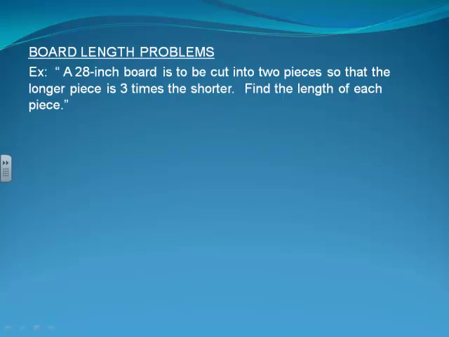All right, so there's 2 things you're trying to find, the length of the short piece and the length of the long piece. But you have to let your x represent just one of those 2 to start with, because it can't represent both of them. So notice that when you read the problem, they talk about the longer piece in terms of the shorter piece. So if you know what the shorter piece is, then you can set up a relationship to represent the longer piece as well. So we're going to let x be equal to the shorter piece,